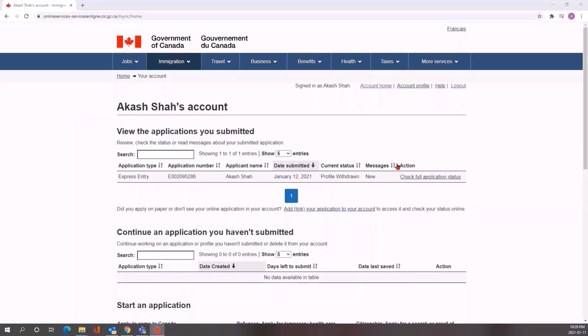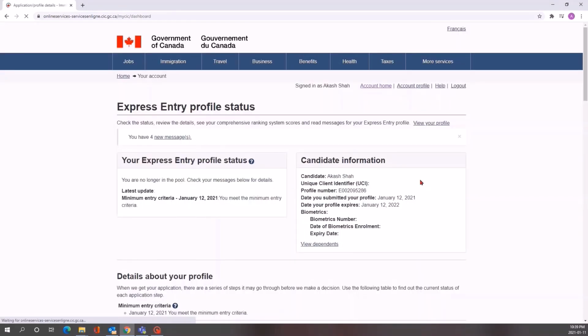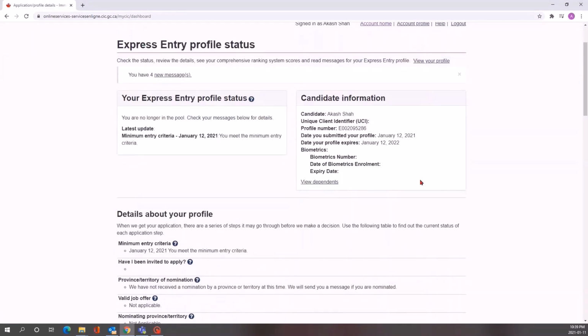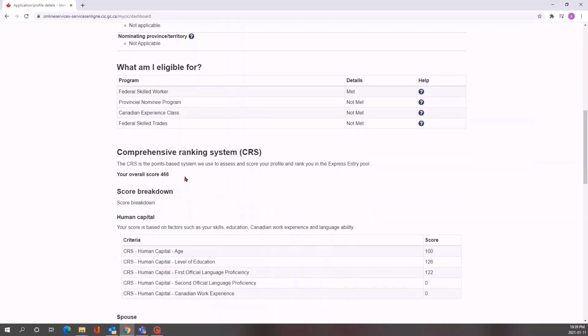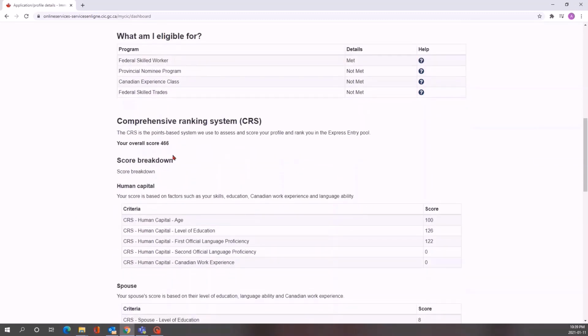Here your profile will automatically determine your eligibility for PNP, Canadian Experience Class, FSWP or FSTP. Then you can also see your CRS score. Also you can see the score breakdown here.